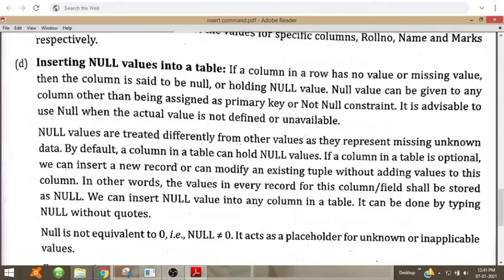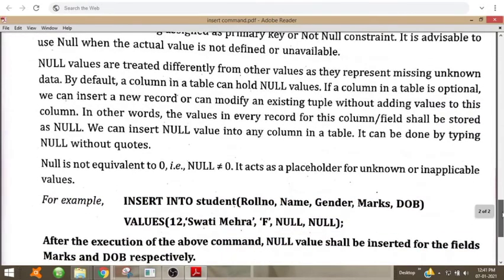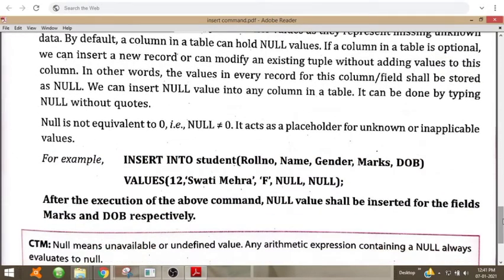In other words, the value in every record for this column field shall be stored as null. We can insert a null value into any column in a table by typing null without single quotes. So, unlike strings, we should not enclose null in single or double quotes.